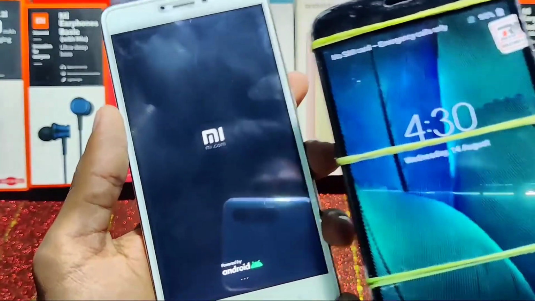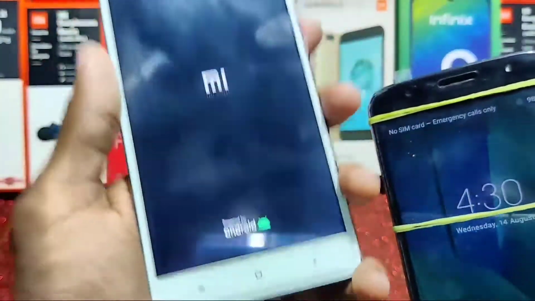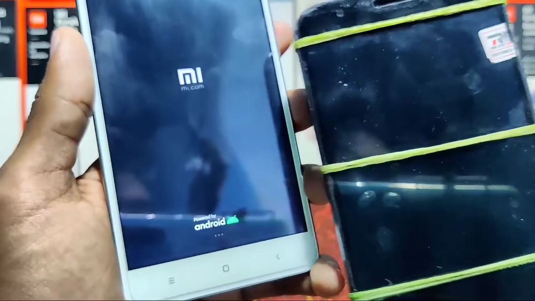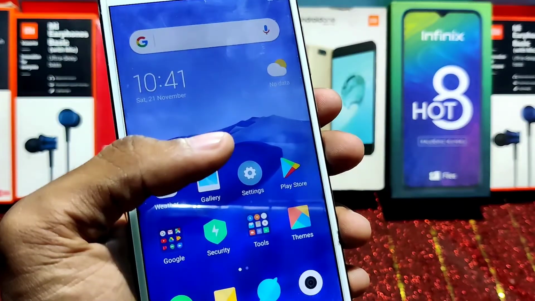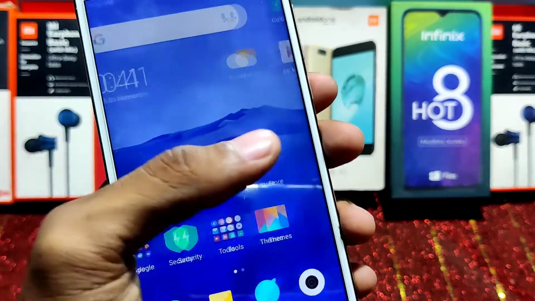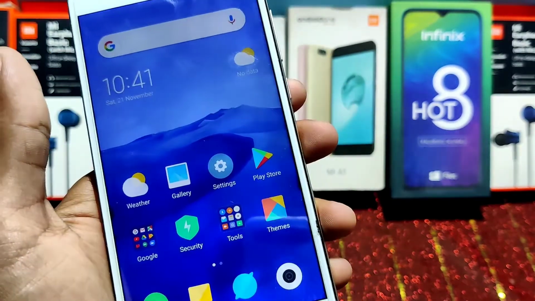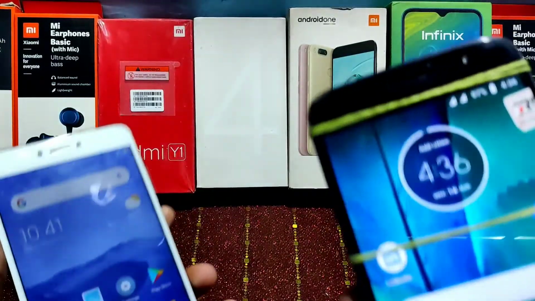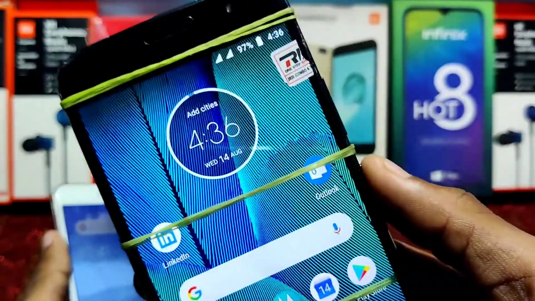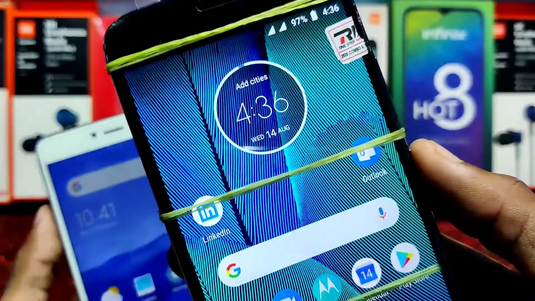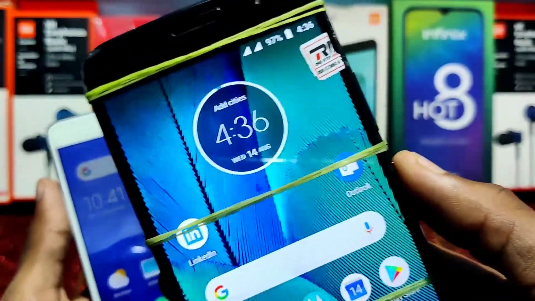As you can see the time, I will take you directly to its setup screen. Guys, as you can see, my device has successfully booted into the system. Don't go by this time, I will show you the time on my Moto device. As you can see, this is the time right now. It may take around 5 minutes to boot your device into the system, but it will definitely boot.